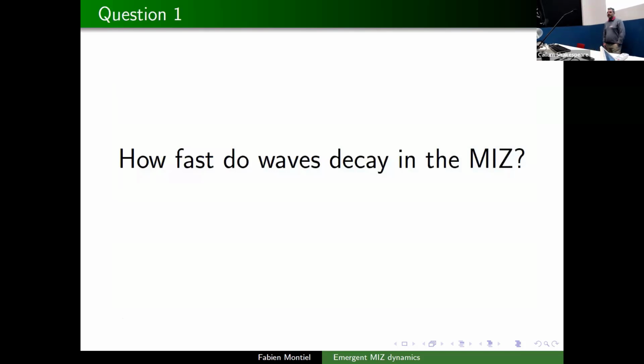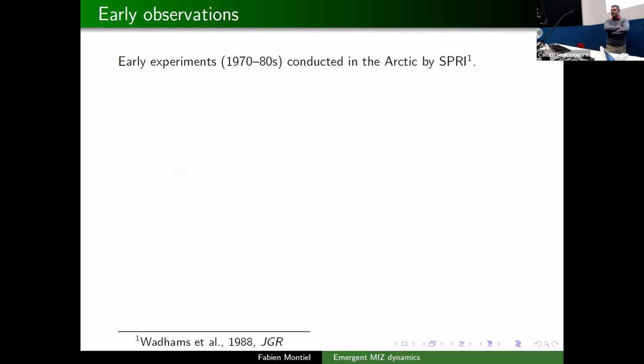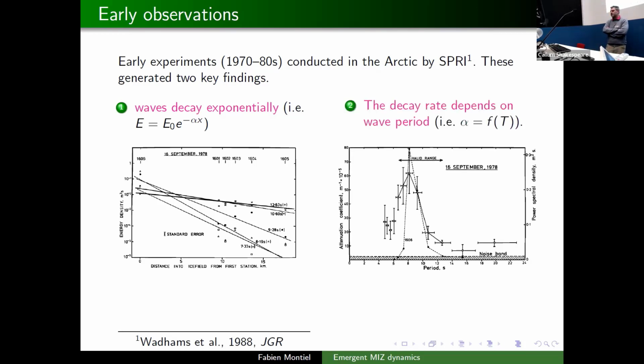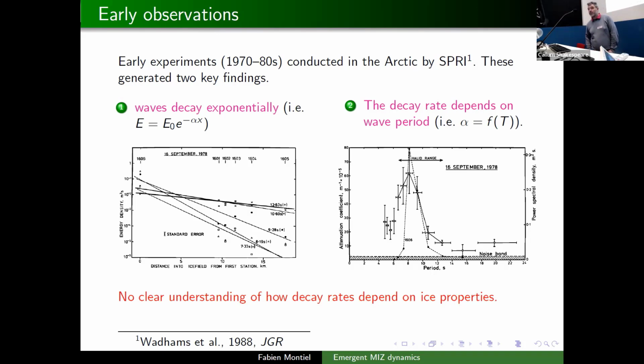Okay, so the first question I'm going to address here is how fast do waves decay in the marginal ice zone? We have some observations dating back from the 1970s, 80s, which have shown quite clearly that waves decay exponentially, which is great, and that is consistent with the linear theory of wave propagation as well. So that is quite reassuring. But the second thing that was found, and there is a bit less understanding of what's happening there, is that the attenuation coefficient, this parameter alpha in the exponential decay, seems to depend on the period of the wave, so its frequency, which is very sensible, of course. You imagine very short, high frequency waves will attenuate very quickly compared to the very long swell, which will propagate much further in. But it's pretty unclear